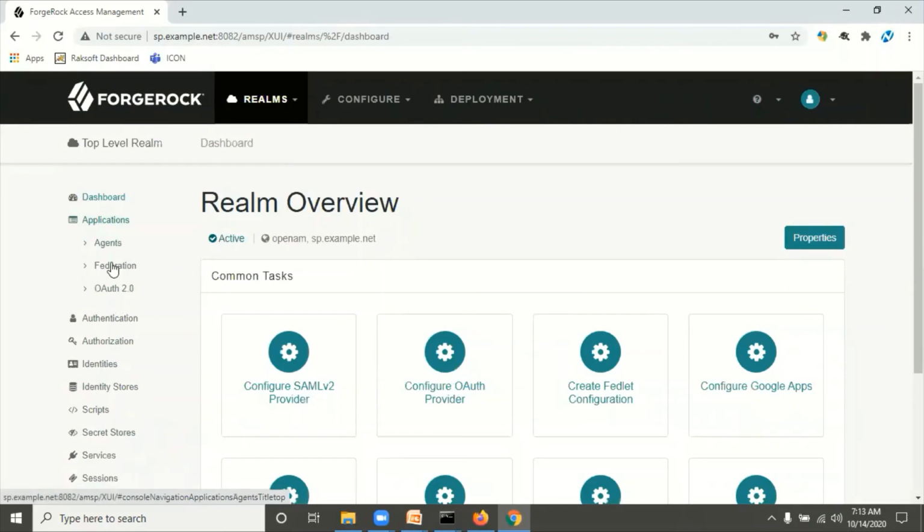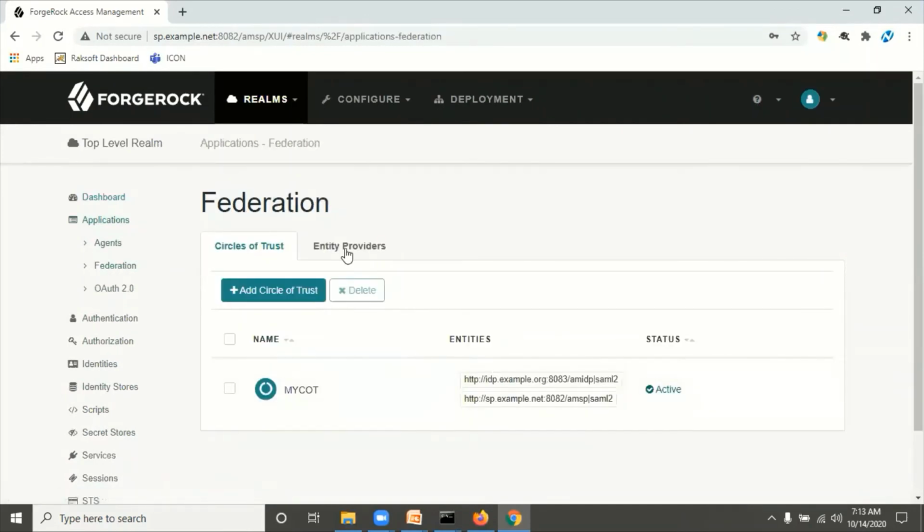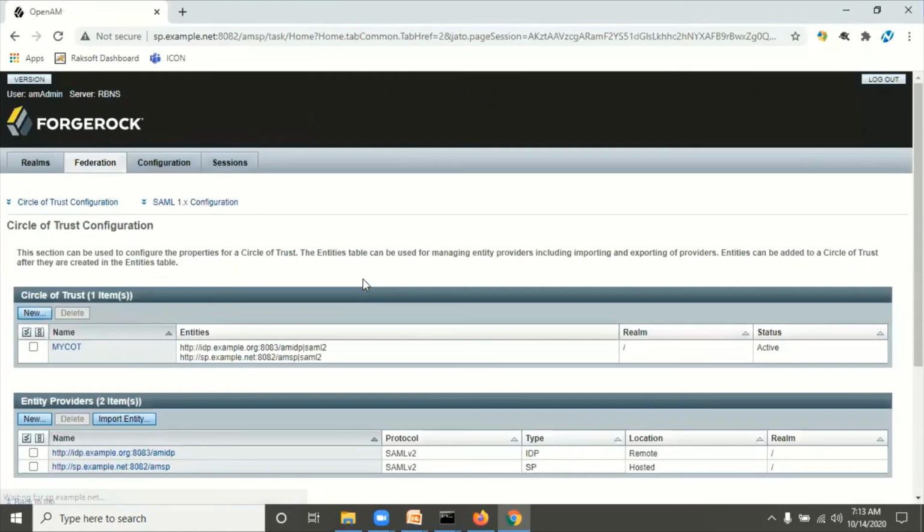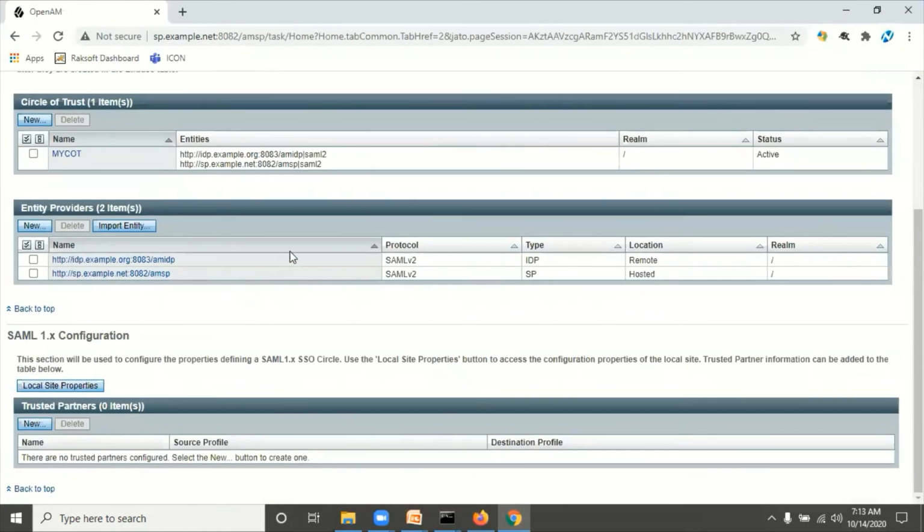Go to Applications, Federation, and here you can see the entity providers. I have already done the SAML2 configuration in both OpenAM servers, because OpenAM provides both IDP and SP, meaning OpenAM acts as an identity provider as well as a service provider.